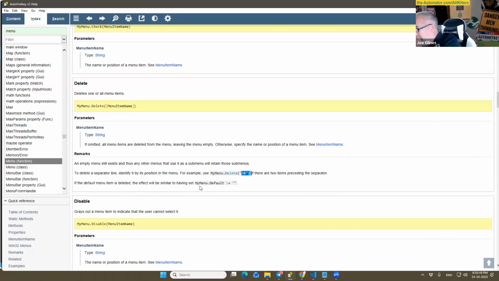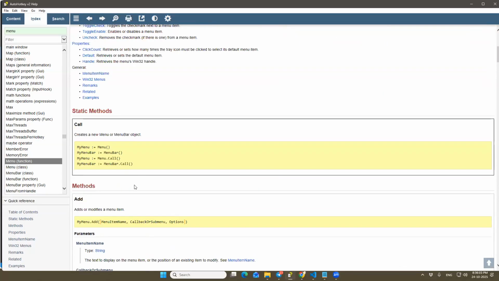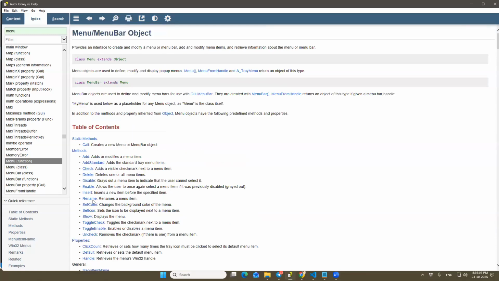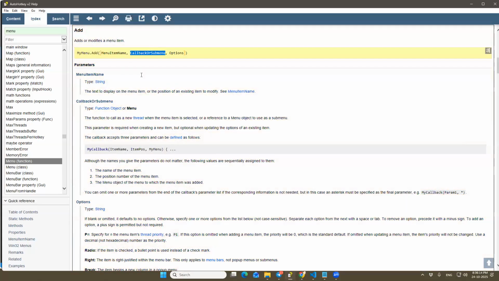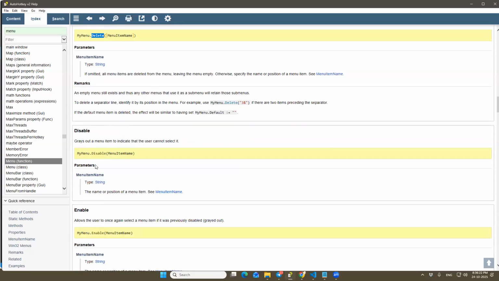It seems like it ought to have a name. Yeah, so we need to remember the label name to use this action. So when we want to set up a call, okay, in the add we have to set up the call, but we have to give it a label, not the reference. But for the delete or the disable,